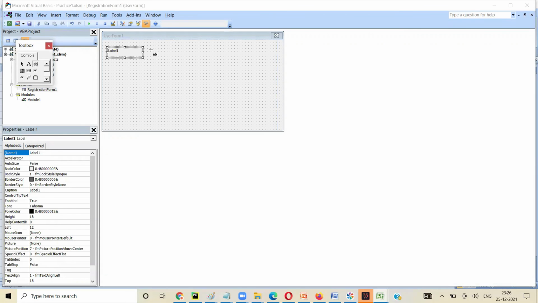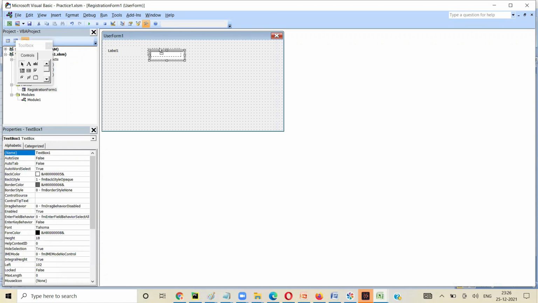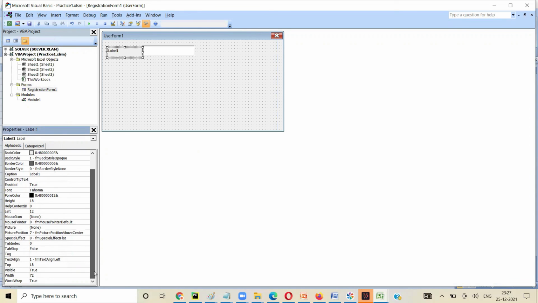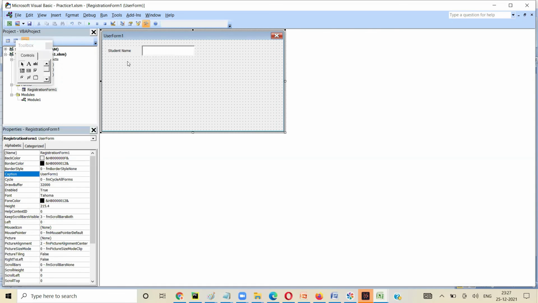Next to the label, the text box is where you let the user enter the name. Okay, so now we go back and change the label text here. If you see Label1, there will be something called text here. Not text, what is it? No, it's Label1, it might be there. It's called caption. Okay, so in caption I can say student name. The student name came here.